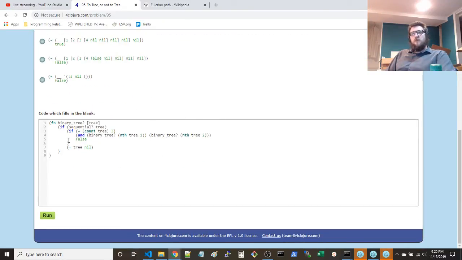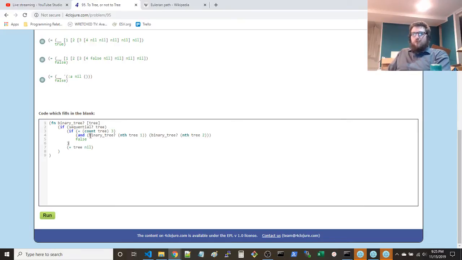What makes it a tree is it has exactly 3 values, it's sequential, and it has a first value and then two trees to the right of it.